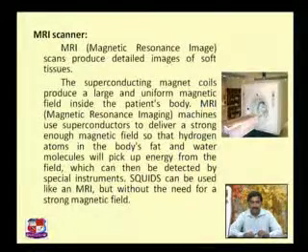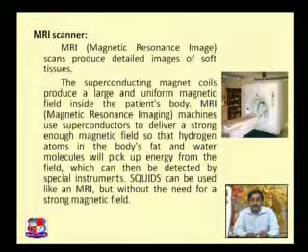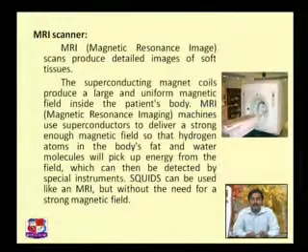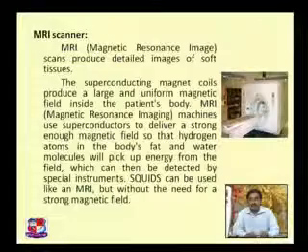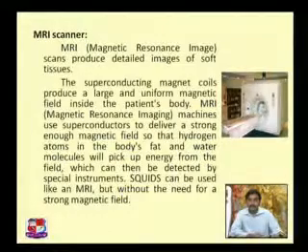So with the help of SQUIDs, superconducting quantum interference devices, we can sense such small magnetic fields created by the water, fat, and blood available in our body, which are magnetized with the help of an external magnetic field. So we can predict the state of the person as well as any disease present. So this is MRI, which is used for medical applications.